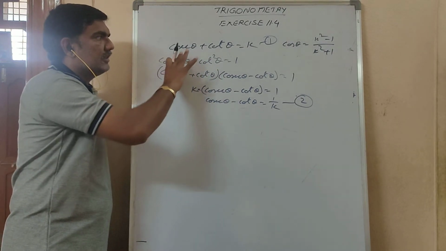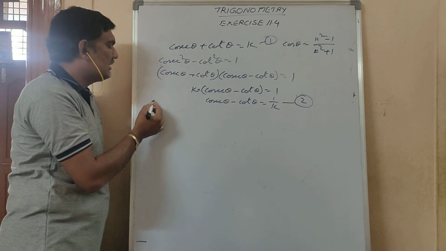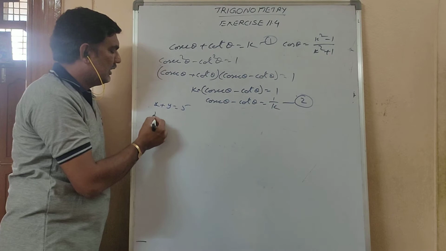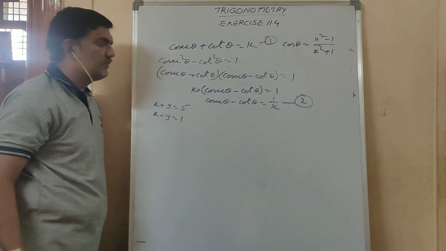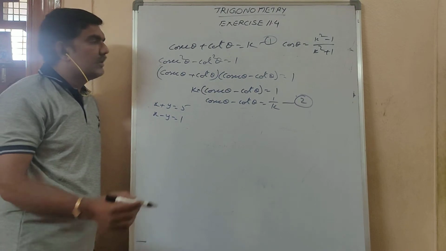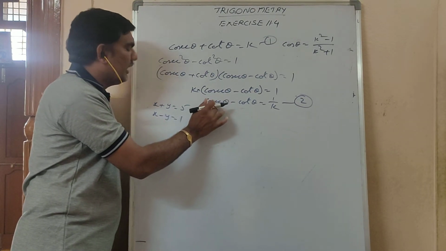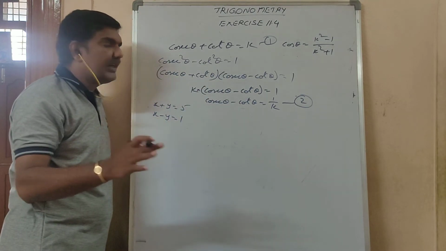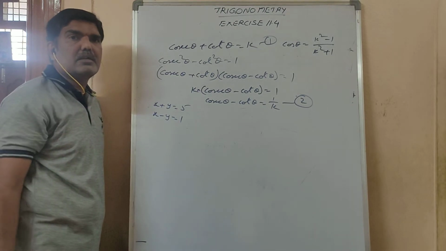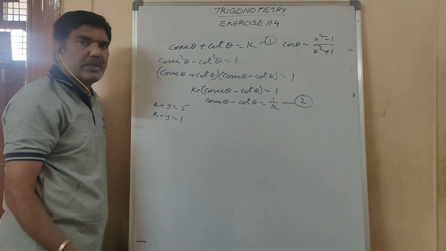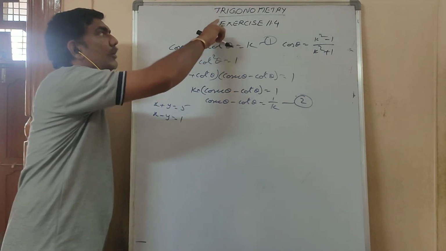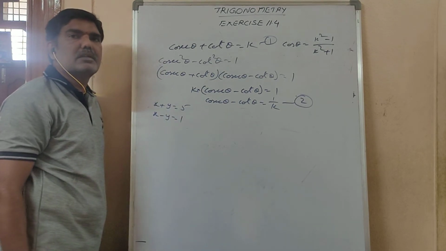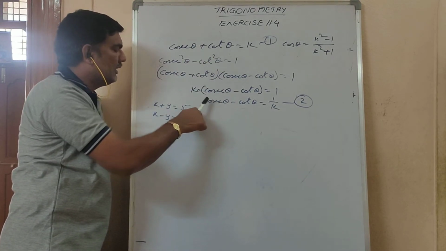Here, see, in 9th class, solving will be there. That is, x plus y is equal to 5, x minus y is equal to 1. Find xy. This has to be understood, which means you should have the basics. No one can understand every problem directly. If I give this problem to a 3rd class student, he can't understand, and he will say that I am not understanding trigonometry, because he doesn't know the fundamentals and basics.